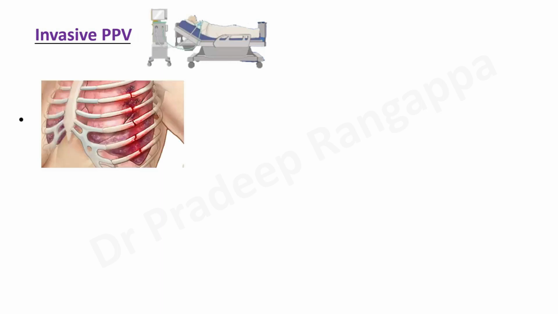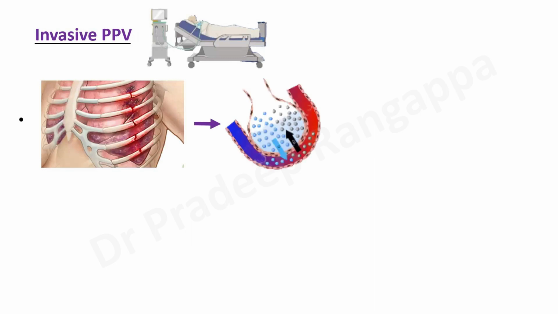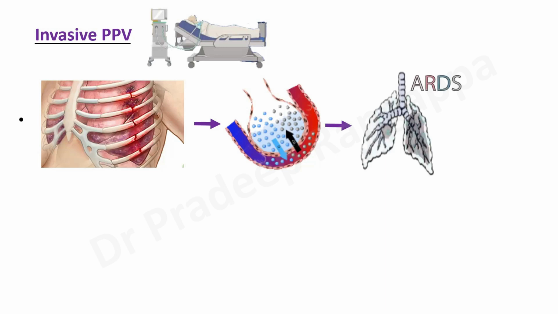And the reason why they fail NIV and they go on to needing intubation is when there is a severe sort of a flail chest, there is underlying lung contusions. And these lung contusions obviously have got perpetuated, and that leads to ARDS. So ARDS is not uncommon in a flail chest. So there is a lot of inflammatory exudate that gets filled into the alveoli and they develop ARDS. And this is a situation where you may have to recognize that NIV has failed